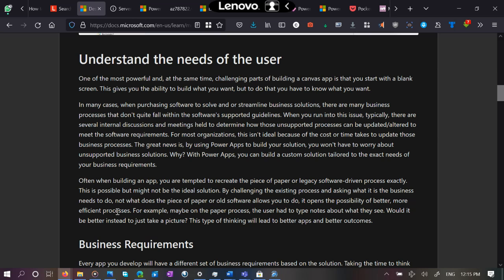And well, what's the point of getting something new if you're just going to do the exact same thing that the old thing did? Often when you have the chance to start from scratch, you have the chance to also create something better from the start. So that's what it's talking about here with the example of maybe at first the old app would allow you to type in what you see, but now you can just take a picture of what you see. So that might be better.